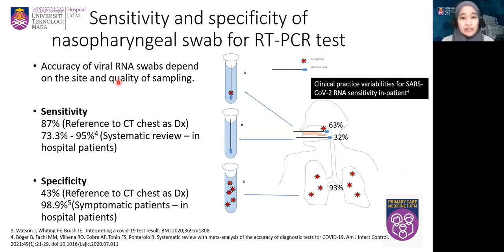Okay, accuracy of the viral RNA swab depend on the size and quality of the sampling. Okay, the sensitivity is around 87 as the study which use a reference range to compare the test come back as positive RT-PCR and compare to a clinical CT scan done as a diagnosis of COVID. So when they compare that, they found that the test is able to pick up its percent of a positive CT chest for COVID-19. Another systematic review doing a comparison on hospitalized patients found that the test has a sensitivity between 73 to 95%. Okay, and the specificity is if the reference range used is a CT chest, the specificity will drop. But